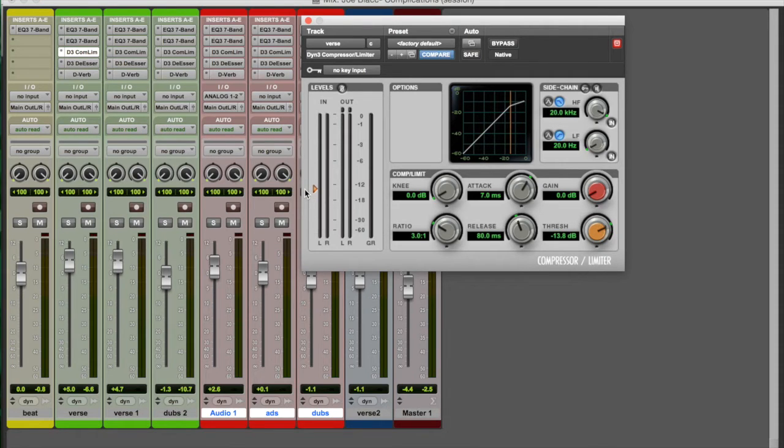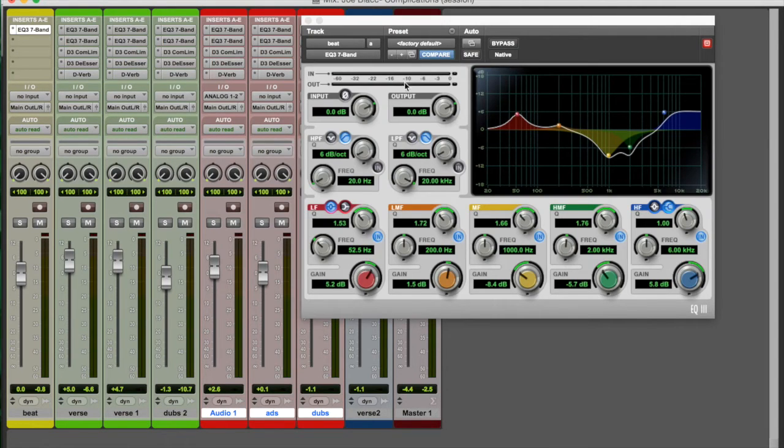Now, once again, these EQs and these compressors and these plugins that I'm using, you will not be able to use the same settings on every song. The reason why is right here. This is my beat. This right here, what I'm taking off, is where your voice or where Joey BLACC's voice sits in this beat,